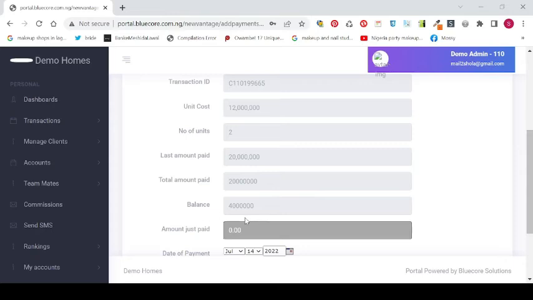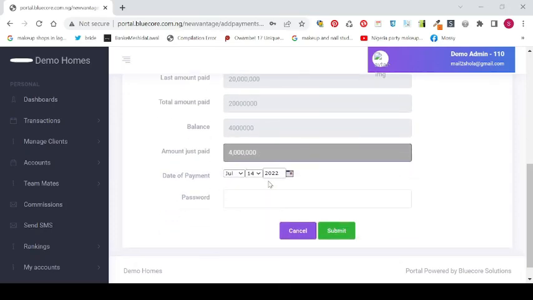In this case, the client has 4 million to balance. Once you put the admin password here,